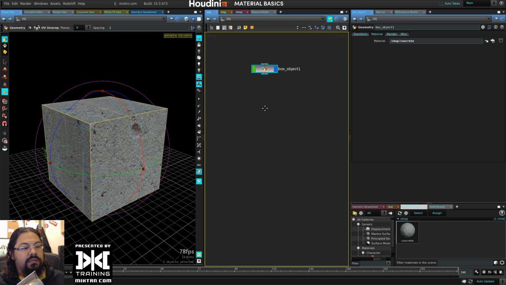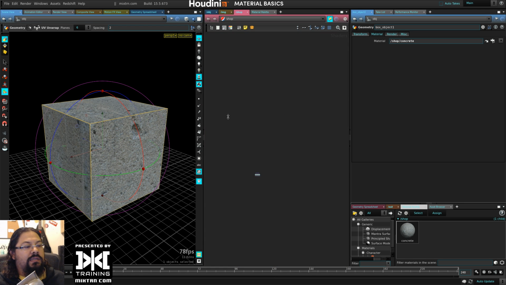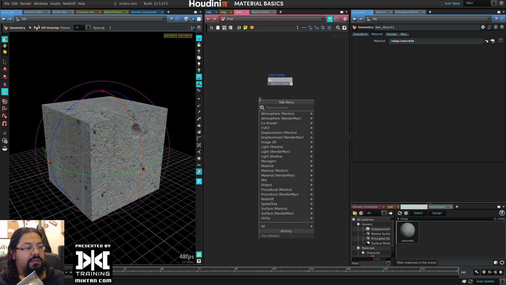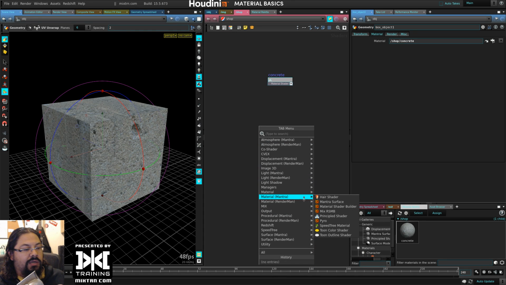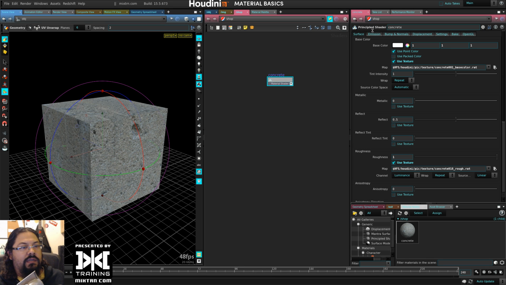The other way is going to the shop context. You can see the concrete shader is there. In the shop context, you can just tab and create materials here. There's a few. There's ones that I made. There's a few from Redshift, from RenderMan, from Mantra. And the basic ones in the material mantra are the hair, the mantra surface, the principal shader, which is the one we have here. This is the principal shader, which is based on the Disney BSDF. Pretty popular